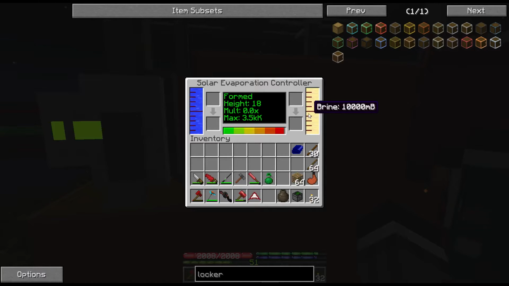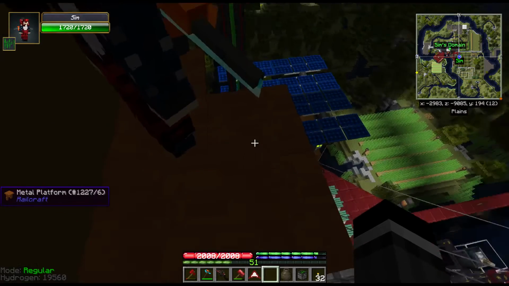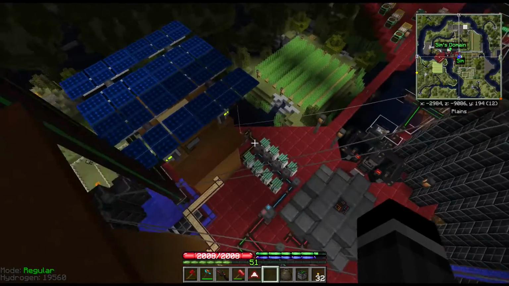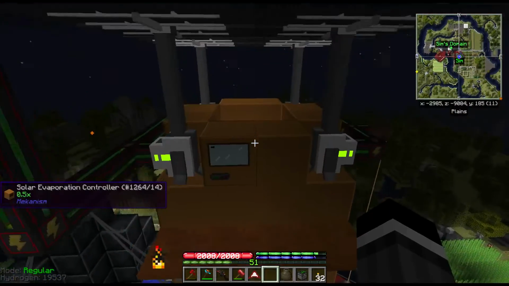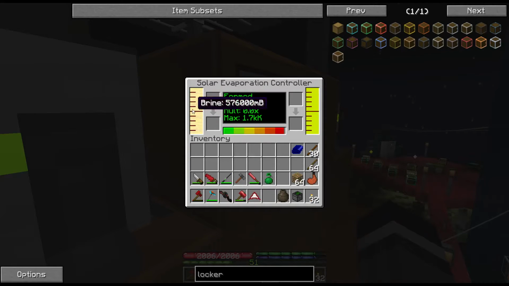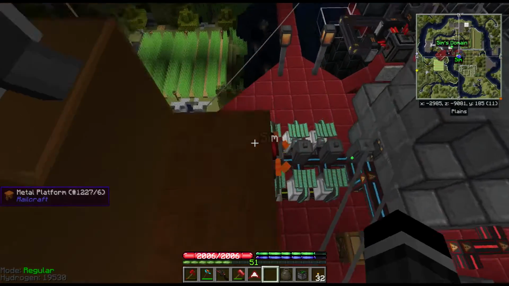Yep. So we've got one of these over at my base, and that's taking water, making it into brine. And then we pump the brine into another solar evaporation plant, and it outputs liquid lithium. So we get liquid lithium from here, and then we output that into a...